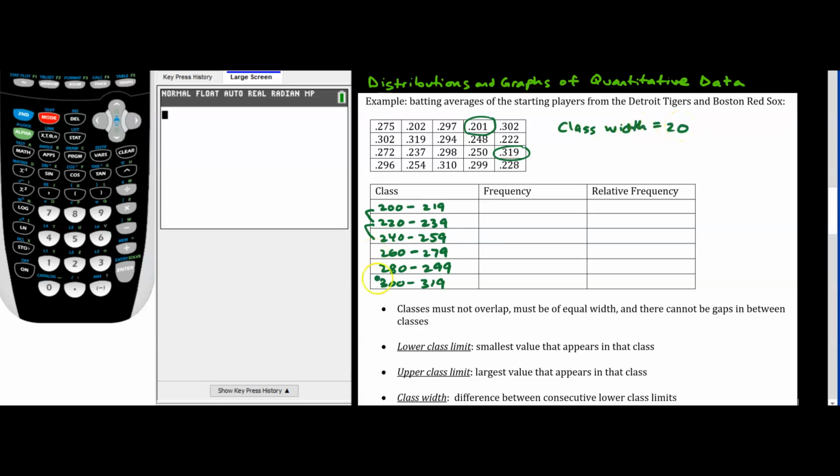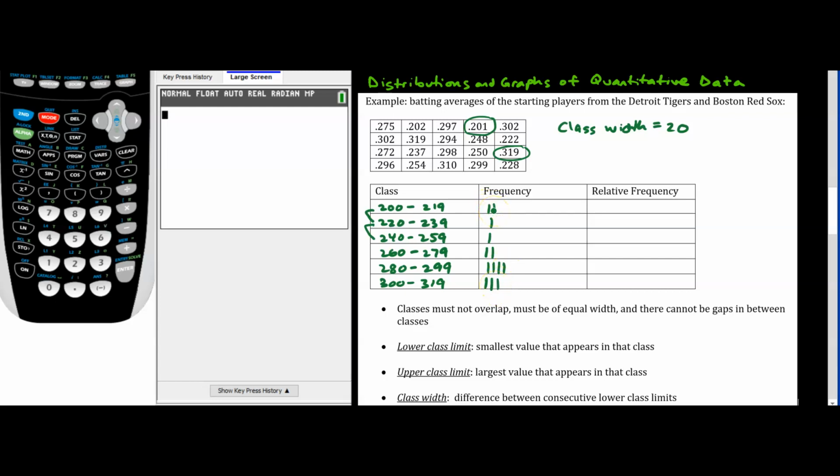Okay, now that we have our categories set up, let's figure out the frequencies for each category. So I'm just going to make tally marks, and then we'll figure out what our totals are. So we have a 275, that's going to be in here. We have a 302, a 272, a 296, 202, 319, 237, 254, 297, 294, 298, 310,